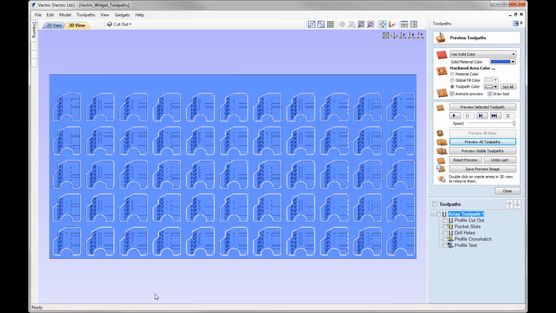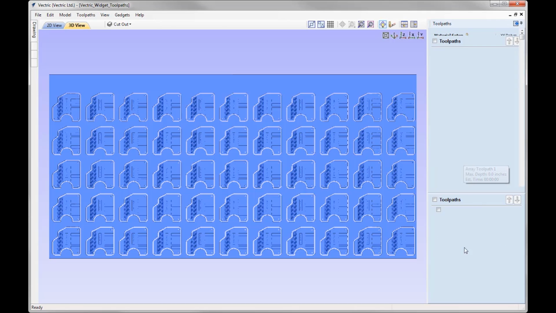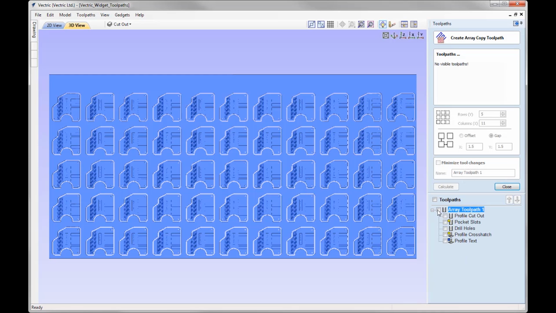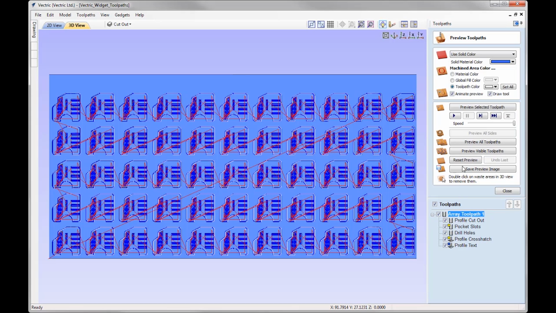Now, if we wanted to minimize the tool changes, where for instance in our example we wanted to run all of the toolpaths that use end mills to begin with, followed by all of the toolpaths that use the V bit, then we can go back into the form and use the option to minimize the tool changes. So let's close out of the preview there. I'm just going to double click on the array toolpath, and switch on the visibility there. We'd simply use this option here to minimize the tool changes, press calculate,